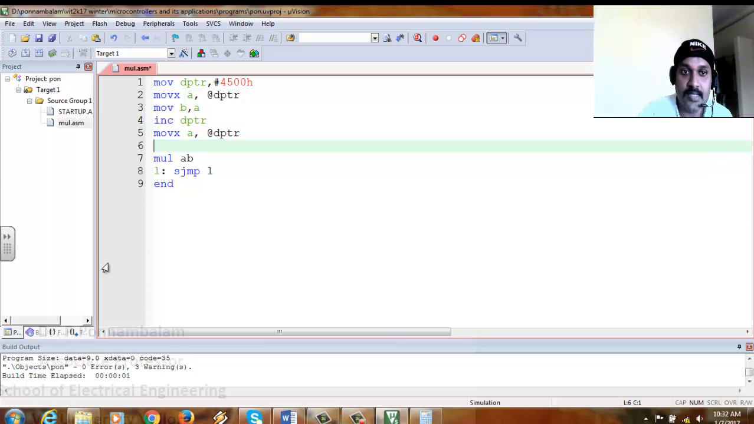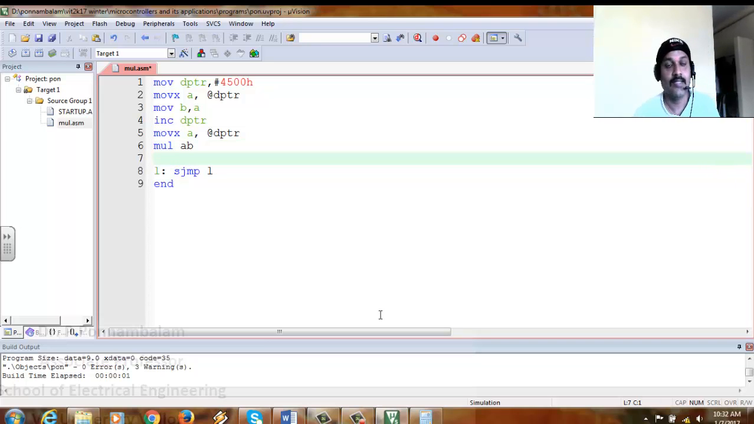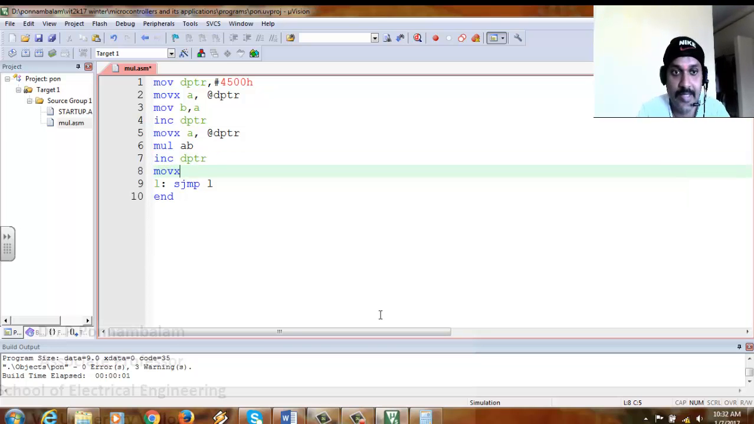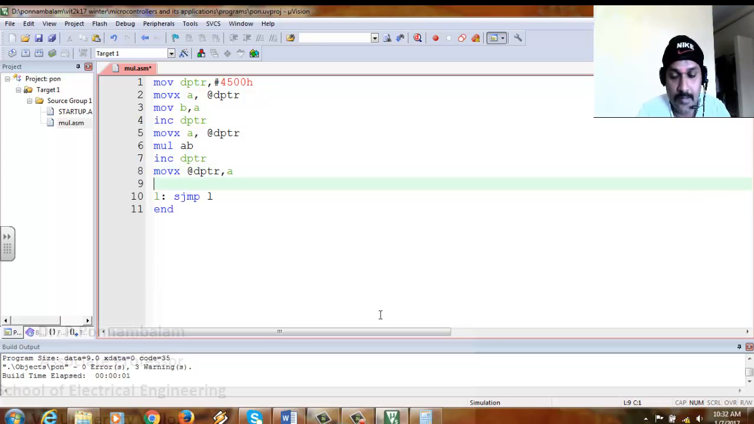So these instructions I'll delete, and you can see in this case first A will get one number, and that is transferred to B, and the second number I am obtaining in A again, and multiply AB. After this I can't go for checking whether the carry has been generated or not, so directly I'll put the result into the memory. So I'll use INC DPTR, MOVX @DPTR, A, then